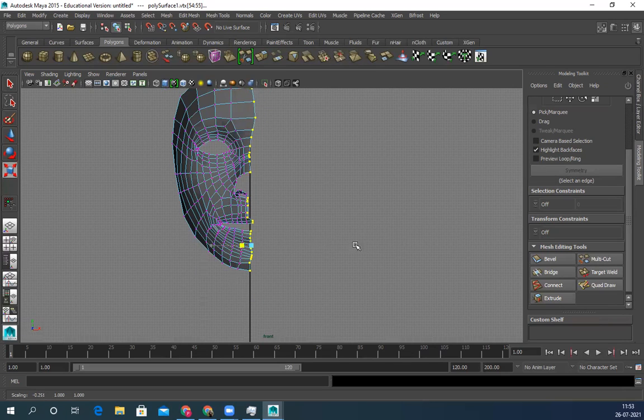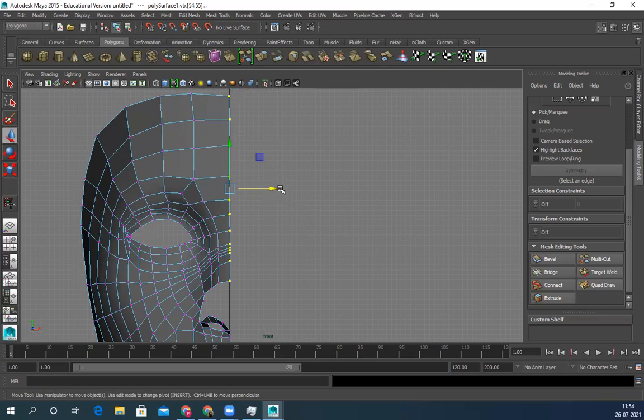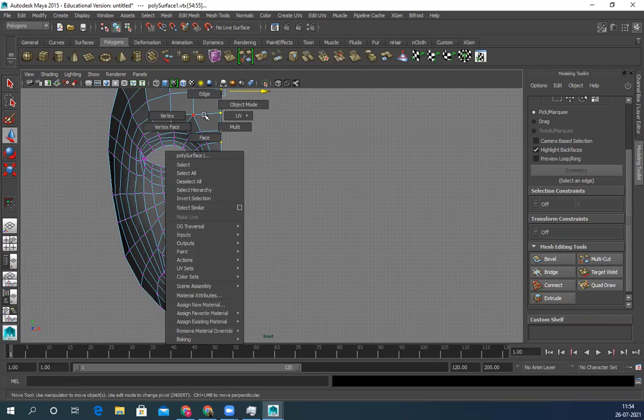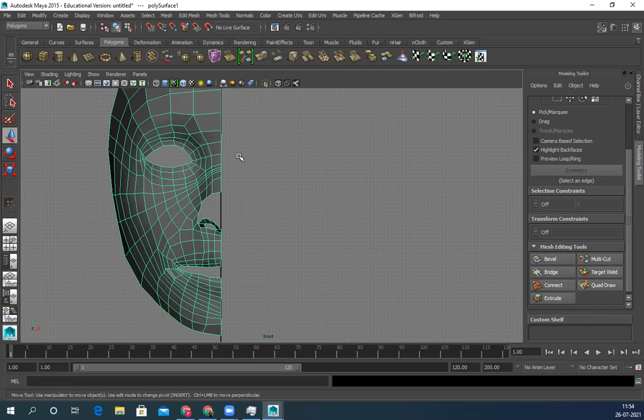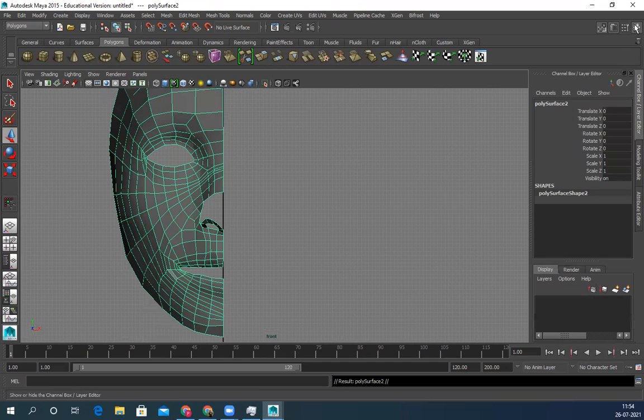Why is it behaving like this? Press X and move. It will snap to the center line, grid basically, like X. And once you create this in object mode, select the model, Control D, Control D for duplicate. Control A one more time, or you can just simply click on this scale -1.